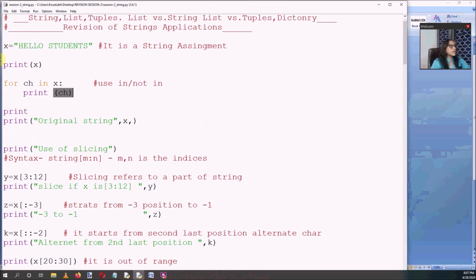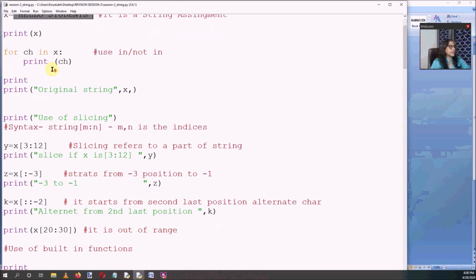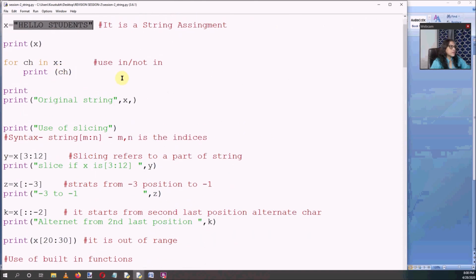As we know, a string is a statement which helps us store text in a variable. Here I am taking the string "hello students" and it has been stored in x. If we print it, then hello students will be printed. Now, by using the operator in or not in, you can print the string characters in different lines.